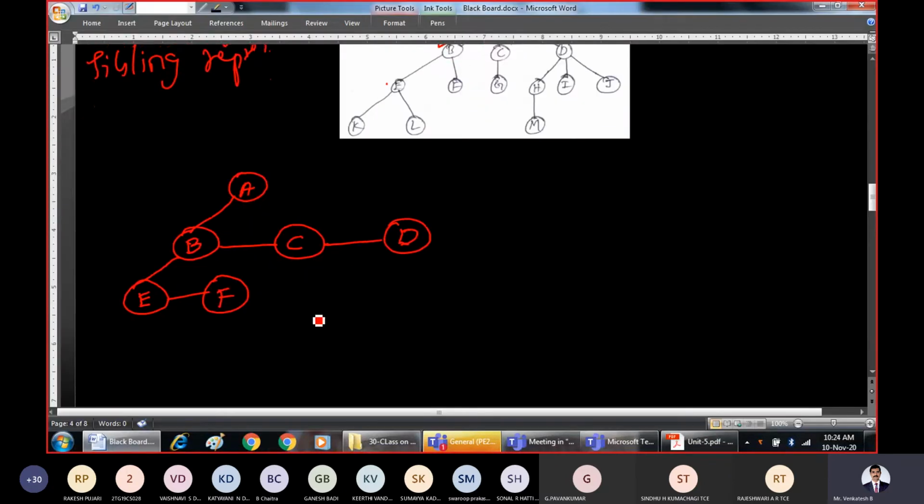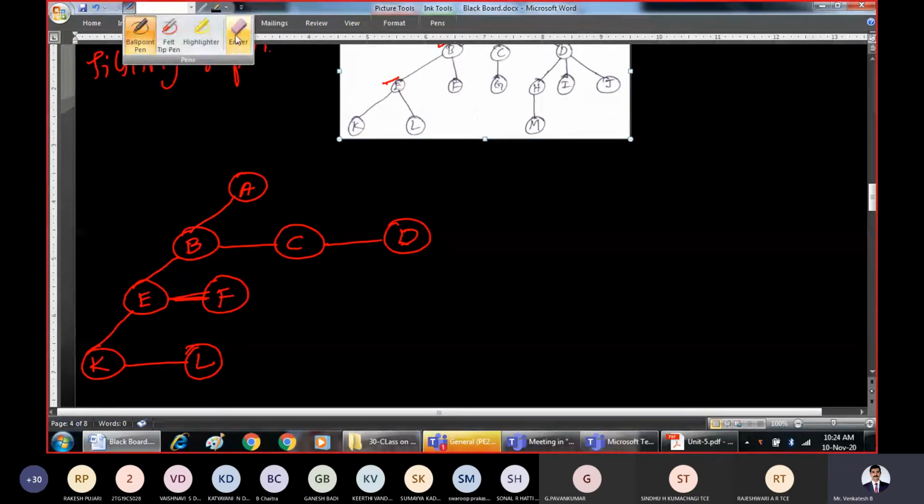It must be a horizontal line. Next come to E. What are the children of E? K and L. Write the left child K as it is, and then insert the remaining children horizontally.